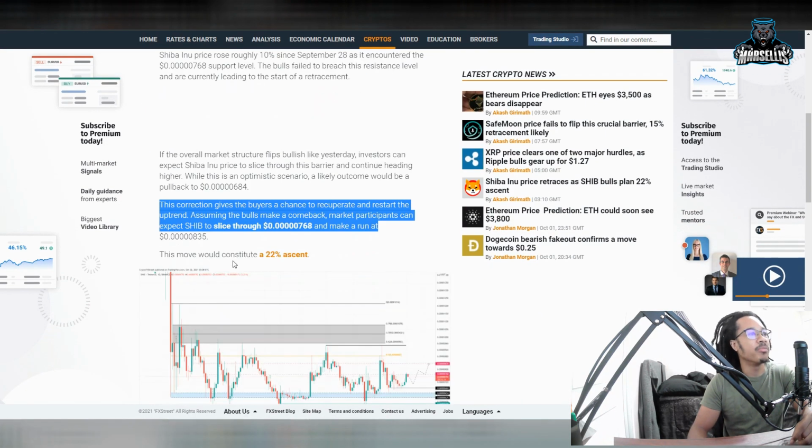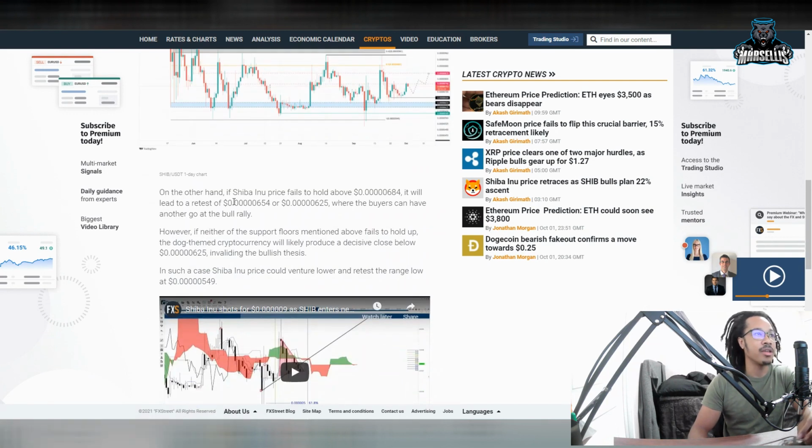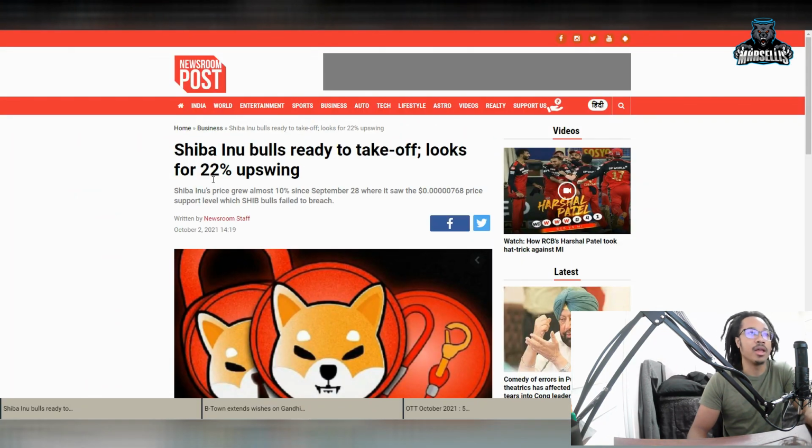But anyways, over here you can see, on the other hand, if Shiba Inu fails to hold above the 684 level, it will lead to 654 and then eventually 625, and eventually 625 to 549 if it can't hold above those levels. So yeah, we definitely have a lot going on in Shiba Inu, and everyone has the same